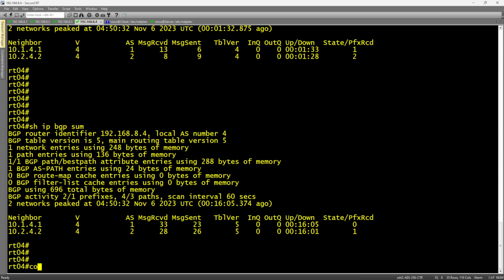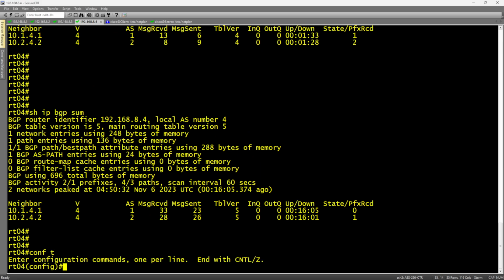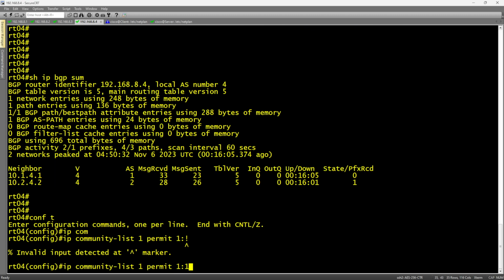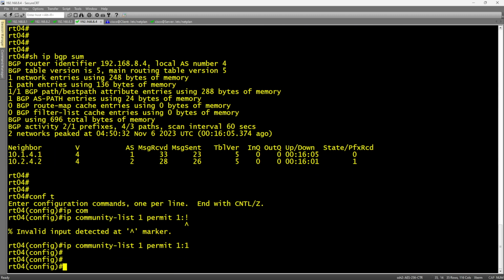and in this configuration, we need to do a couple of things. So first we have to define the community. So IP community list 1 permit 1:1. So this is kind of like an access list, a numerical access list, right? Where you define the list value, which in this case is 1, and then the actual community itself, which is 1:1. And then what we're going to do is a route map of R1 peer,